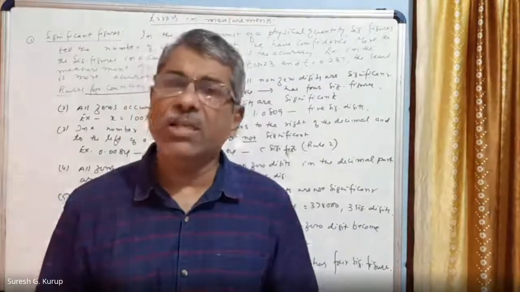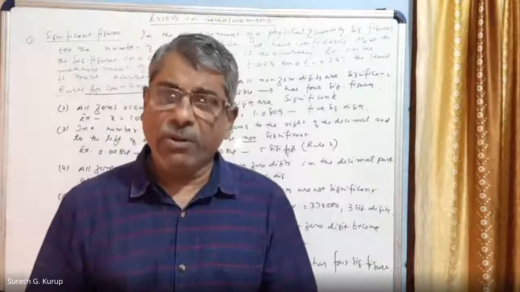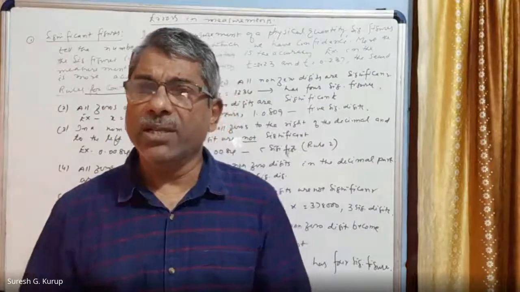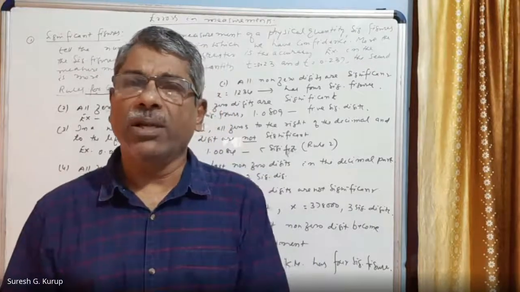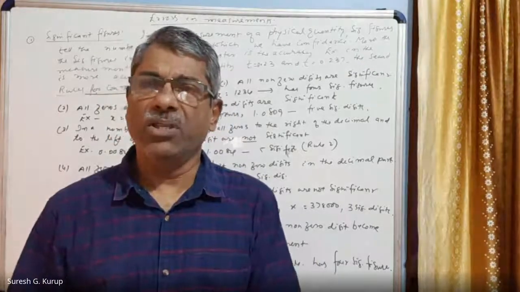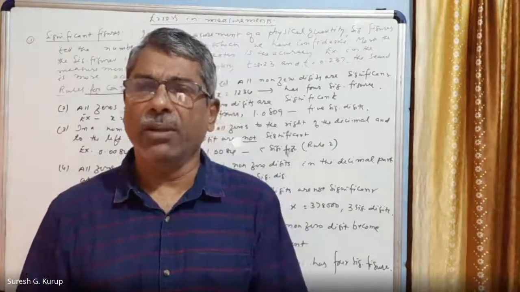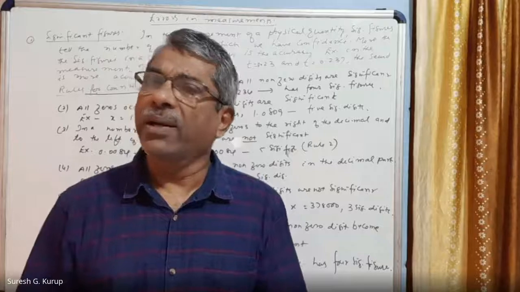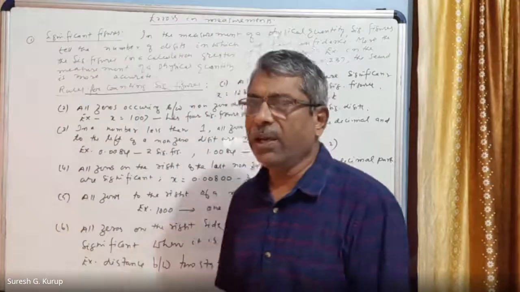Now the question arises, what are significant digits versus importance, right? The number of significant digits in a calculation tells us how accurate the calculation is. This is the important thing. The more significant digits in a calculation made by you, the greater is the accuracy. So what are significant digits? That I am going to explain here.